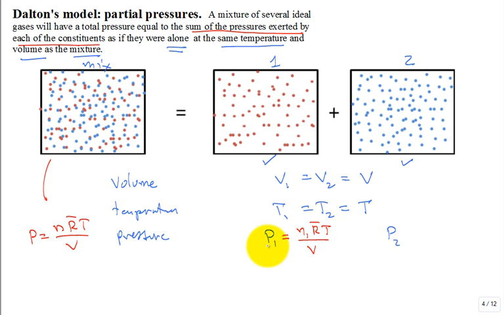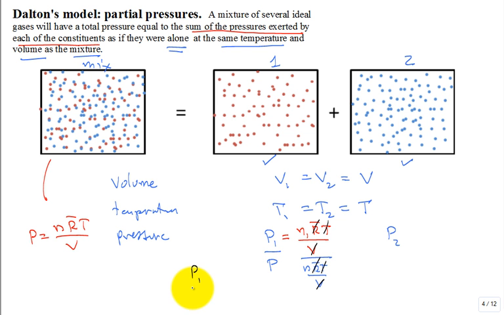Then we'll divide this equation by P on the left-hand side and by n R bar T divided by V on the right-hand side, and start canceling some terms. The V's cancel, the R bar T's cancel, and so what we find is that